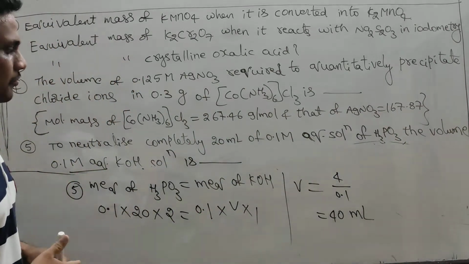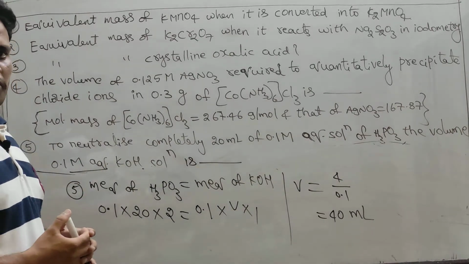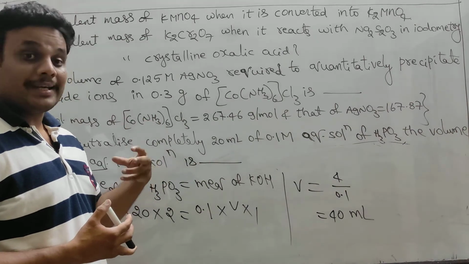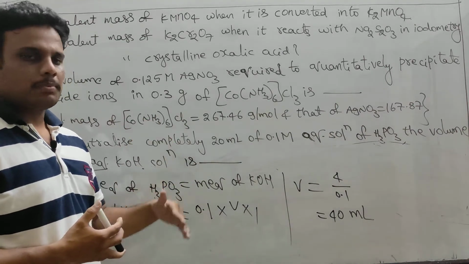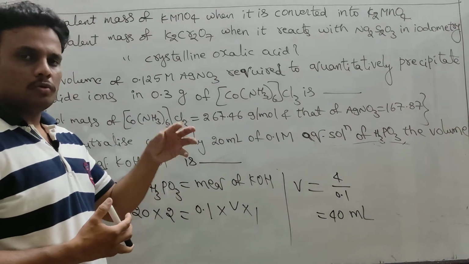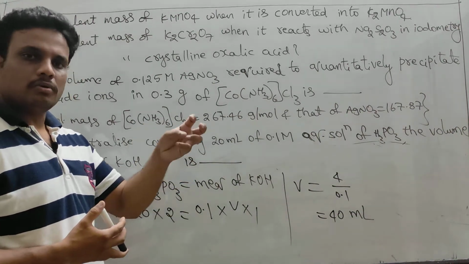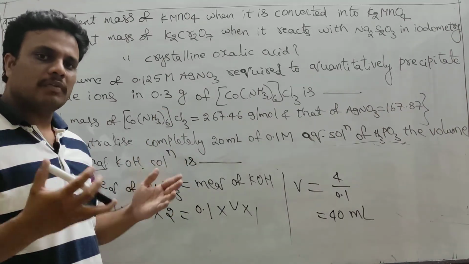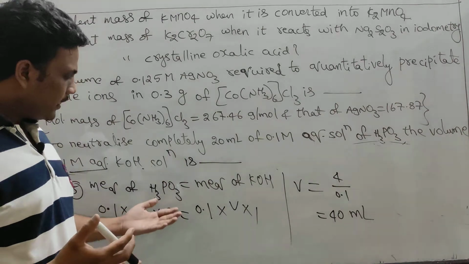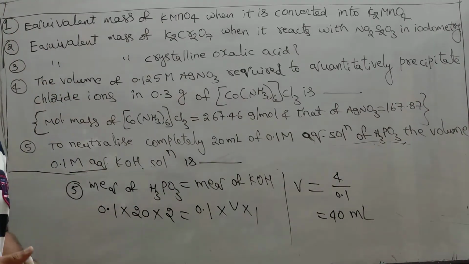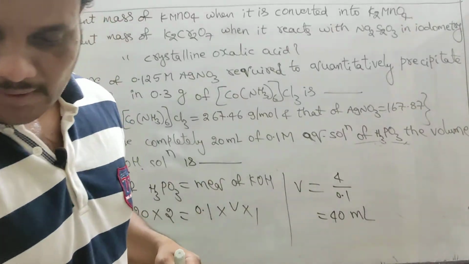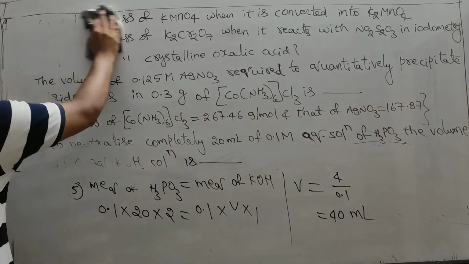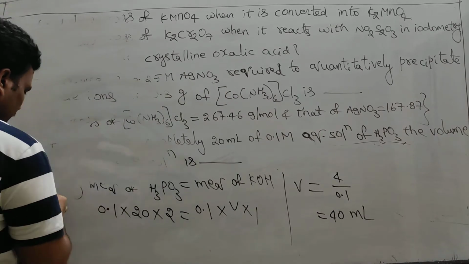So on the basis of the question, we can use the appropriate formula, because for number of equivalents, various relationships are there. Mass upon equivalent mass, normality into volume, molarity into volume into n factor, number of moles into n factor. So on the basis of the given information, you have to choose the correct formula. Okay, so these are various questions from previous competitive examinations, and one more question I want you to solve, that I will dictate now.